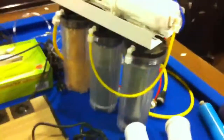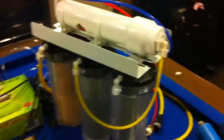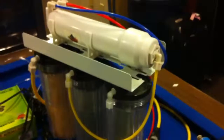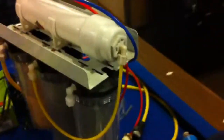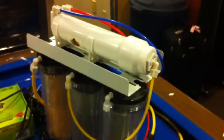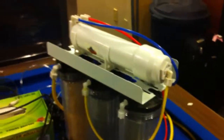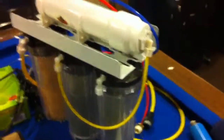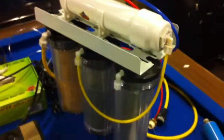I was happy with what I was able to buy. That should be coming pretty soon. This is a 50 gallons per day unit, so that's going to be plenty of water, I think, for just me and my tanks. Anyways, another thing I was going to ask is how